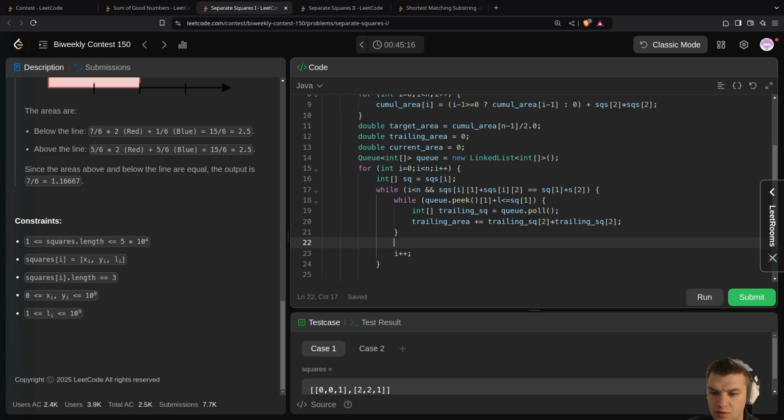Then current area plus equal sq, sqs I L, SKS I2 by SKS I2. So like that,